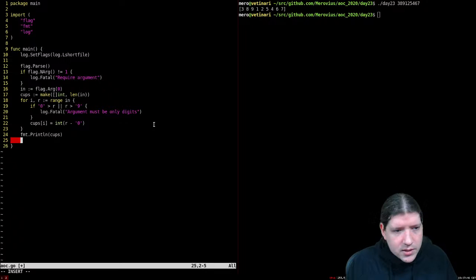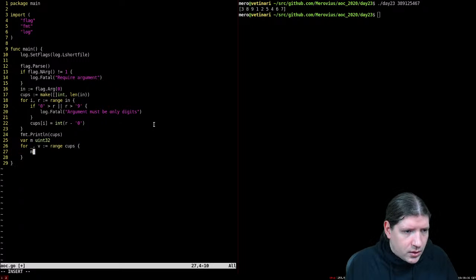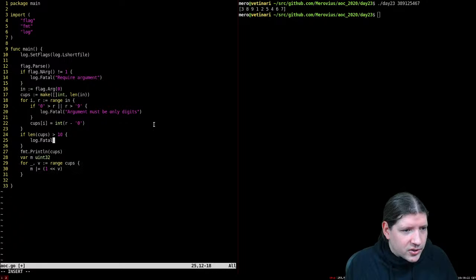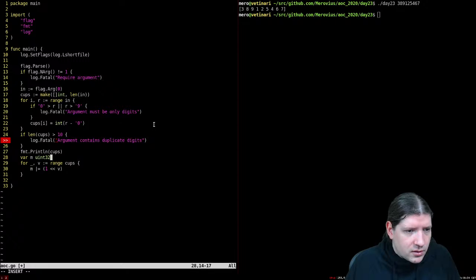I don't know. Let's just say we do var uint32. Like we could sort it and go through it, but let's just do this. Let's just do bit masking. M is 1, and so one. Let's also say if len(cups) is greater than 10, log.Fatal "argument contains duplicate digits", because obviously there are at maximum 10 digits. So if we have more than 10 digits, at least one of them must repeat. And now if m is not 1